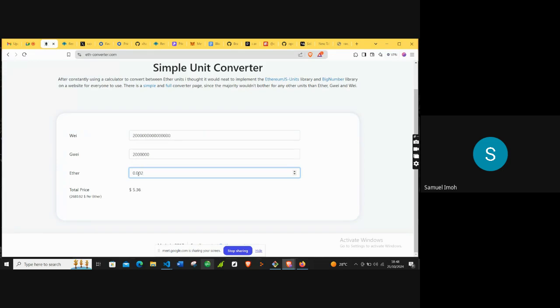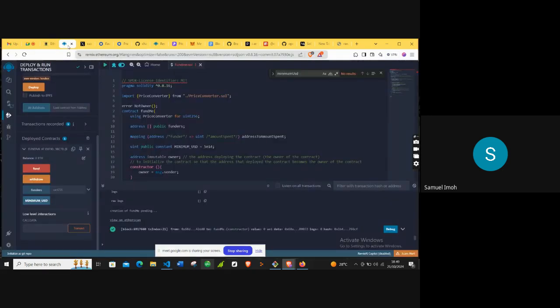Sorry, 0.002. So this is $5. So this is 1, 2, 3, 4, 5, 6, 7, 8, 9, 10, 11, 12, 13, 14, 15, 16. All right, so we can make this 16-way. So if this is, sorry, 2 raised to power 16 is $5. All right. So if we want to make our minimum deposit in our contract $5, we'll make this guy